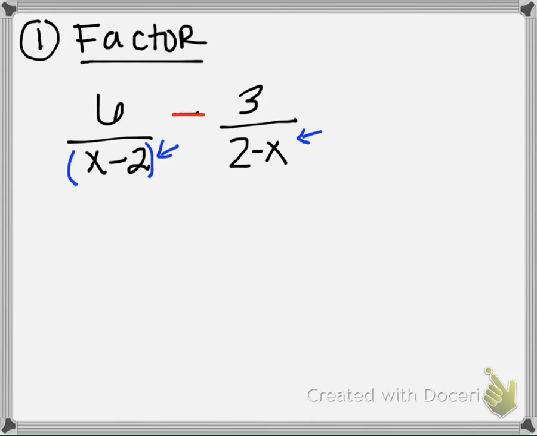I'm going to move some stuff around. I'm going to take the negative x and put it first. And then this is a positive 2, I'm going to put it second. Now it almost looks like this one here, except for everything's opposite. This is a positive x, and this is a negative 2, and these signs are opposite. So if I pull out the negative here,